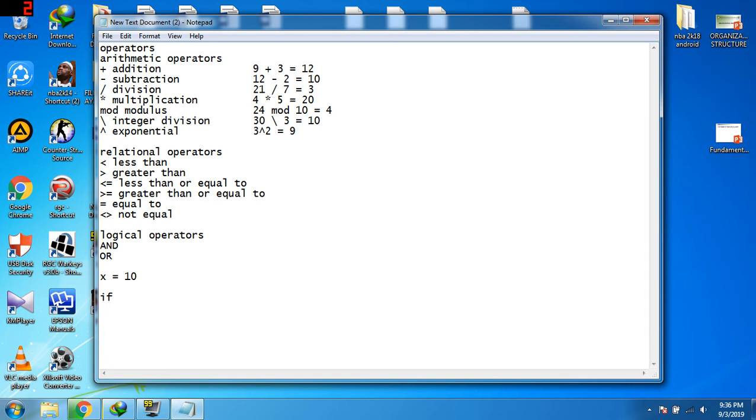So for example, we set a condition: if x, which is our variable, is less than or equal to 15 and x is greater than 4, then